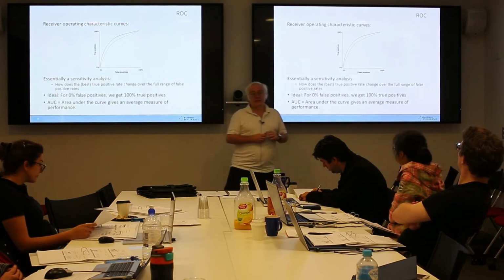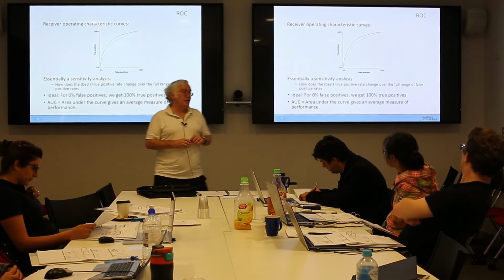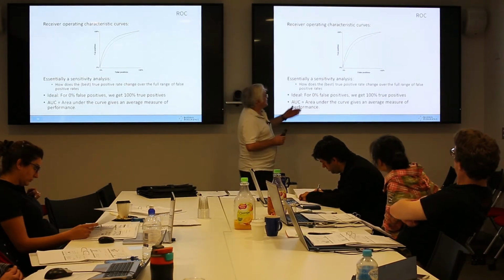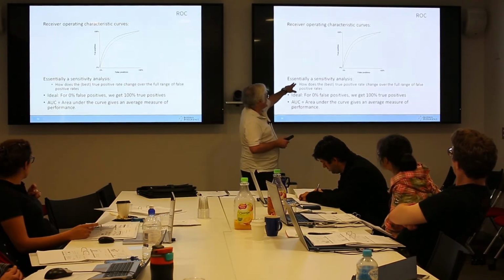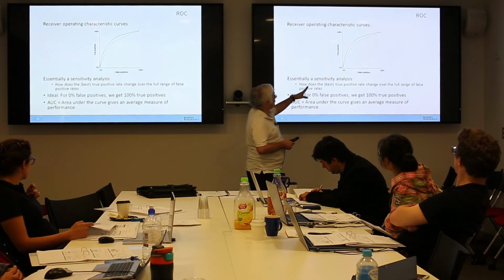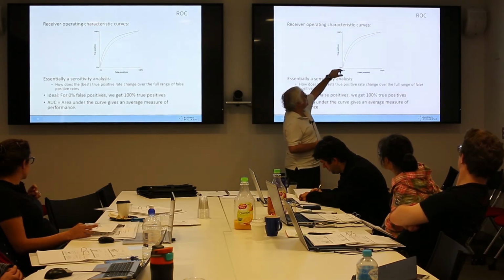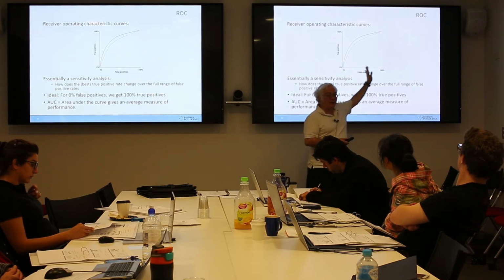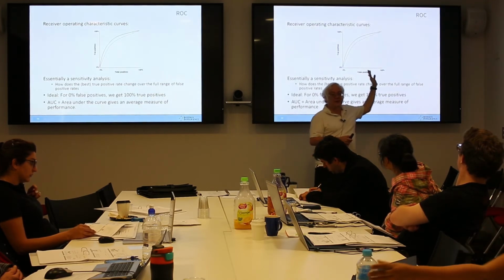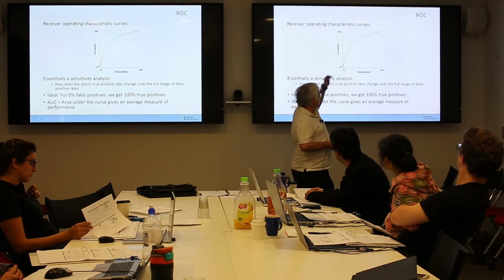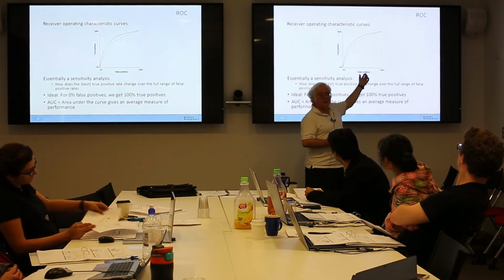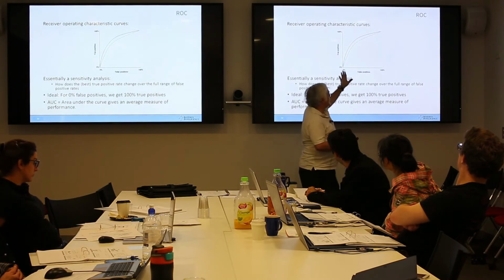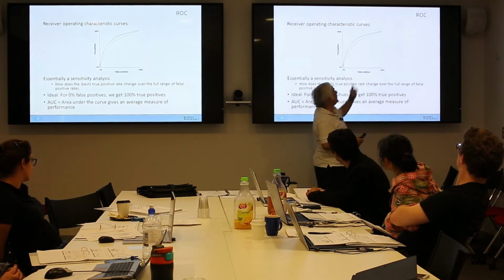Receiver operating characteristics are very commonly used as well. These things are a minor variation on, or an application of, predictive accuracy. It's essentially a sensitivity analysis. So you're looking at the true positive rate, how that changes as you adjust the false positive rate. If you have a model or a learning process where you basically have a tuner for false positive rate, you can test and get this value.